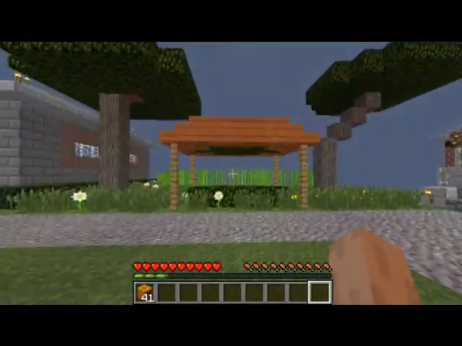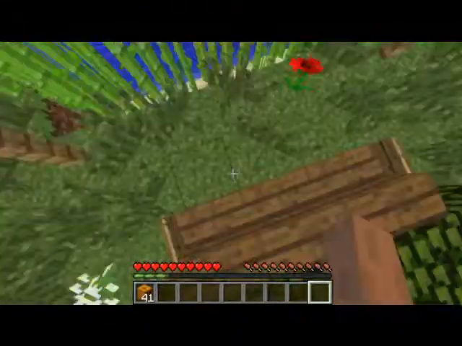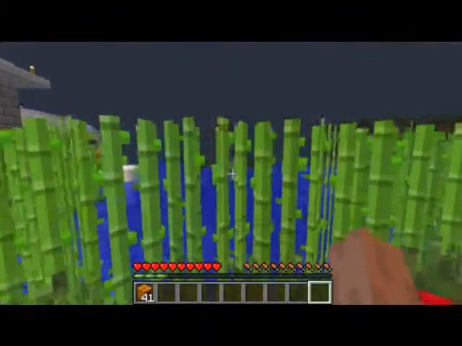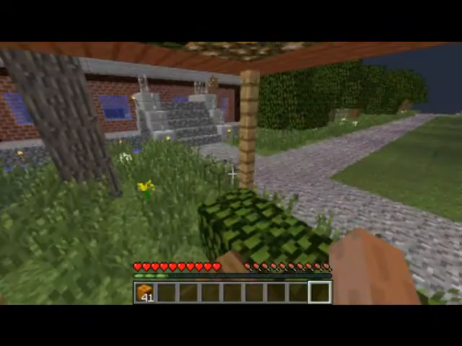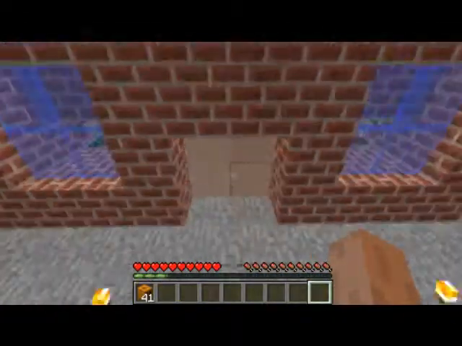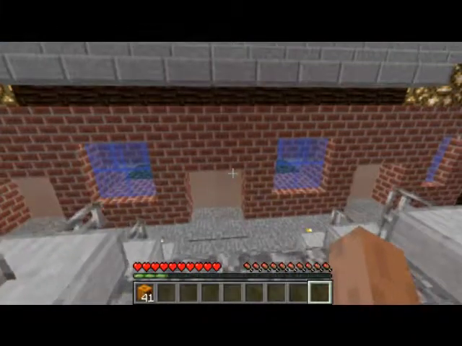Got a wee bit of a grandstand here. Oh, and look at this. This is a great view. This is a nice bench here you can sit on, and your view's blocked by sugar cane. That's just brilliant. This is a warehouse kind of thing, so I store a lot of my